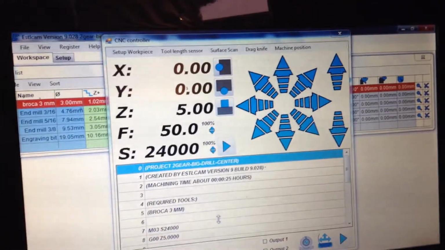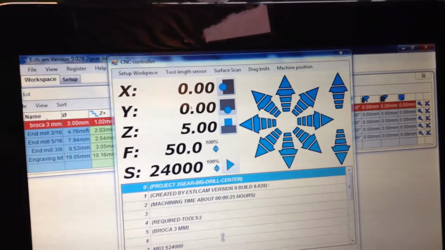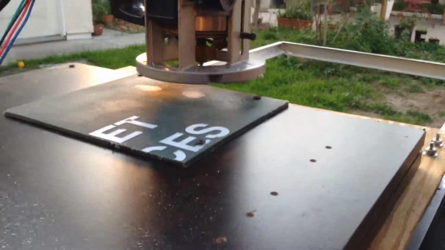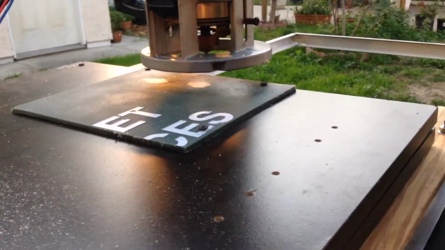Okay, this is what I'm doing right now. I'm gonna do a simulation that is gonna be going to the center, so I can find out if the center that I marked last time is correct. So what I'm gonna do is I open the file that's the center, which is a